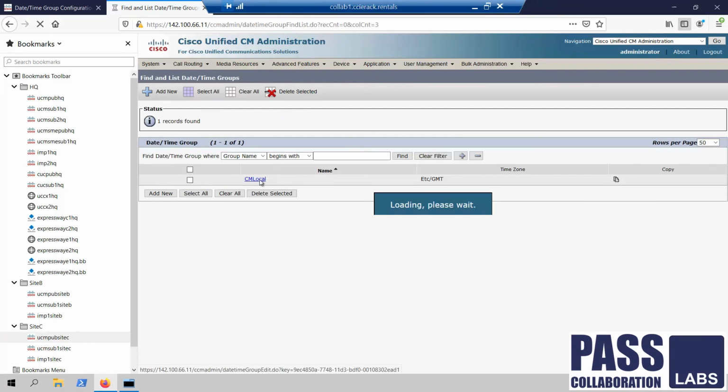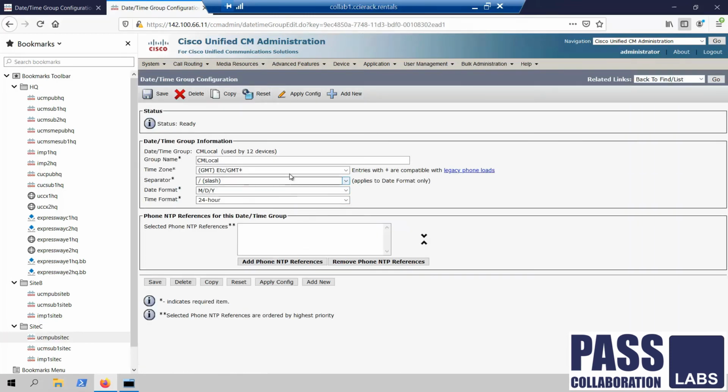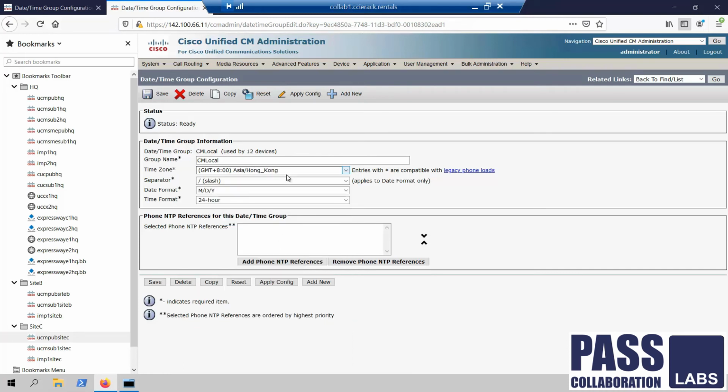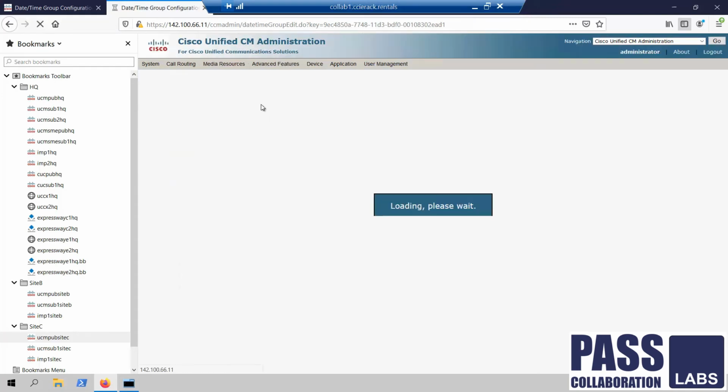Now this is site C, which is in Hong Kong. So the time zone needs to be set to +8 Asia Hong Kong. Save it and reset it.